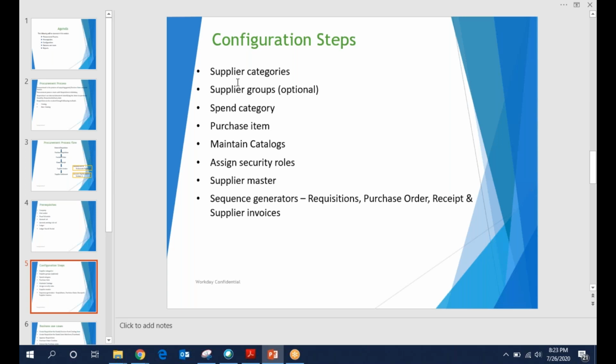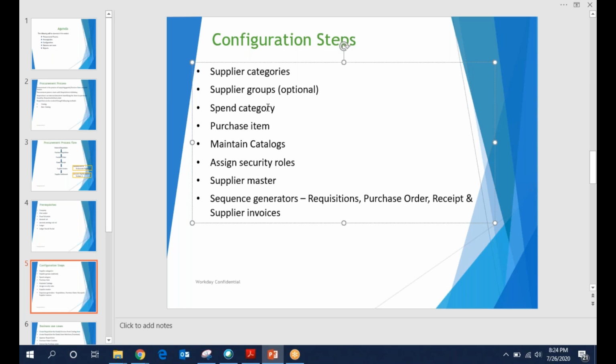Spend category is based on the nature of the expense. Based on the nature of expense, we create the spend categories and group the expenses. And a purchase item is an item, a product which we are purchasing. These purchase items are created under the spend category.